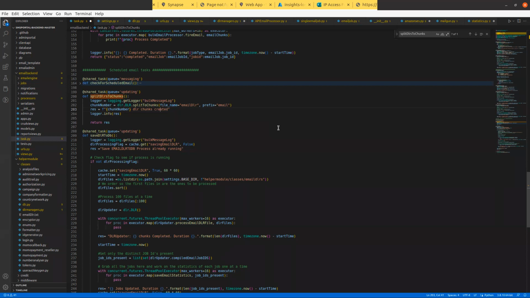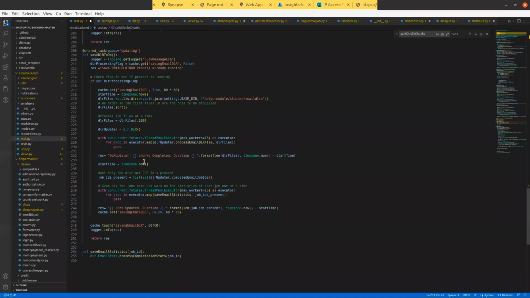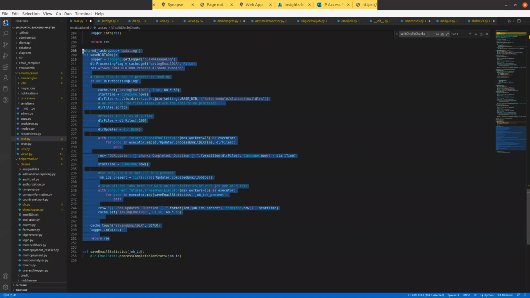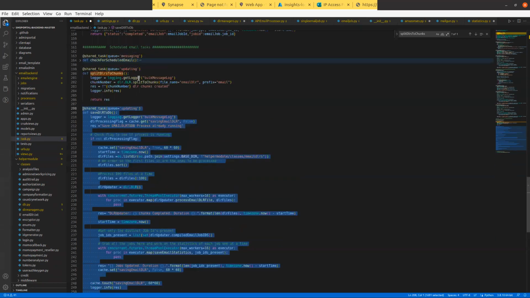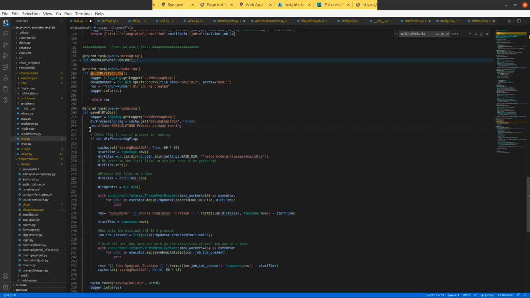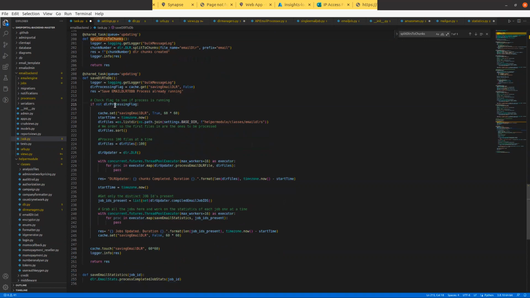So we have the task that's chunking, and now we have the task that is saving the DLR to database. Initially, we were performing this task every time the endpoint was hit, but now it's been pushed to the back. So yeah,